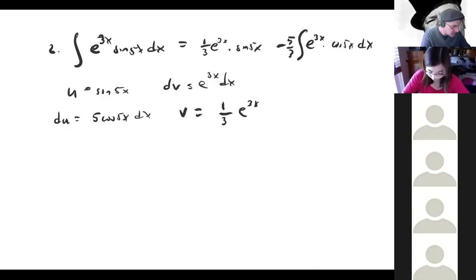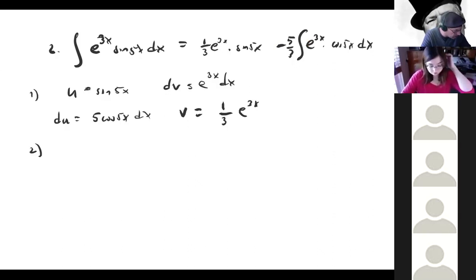Okay, that's better. So now it doesn't look like we've gotten any mileage out of this because now we have this integral here to deal with, and it doesn't look any better. But in fact, we can do the same thing again. So what I'm going to do is repeat what I did with the previous integral, and you'll see that magic occurs. So if this was step 1,